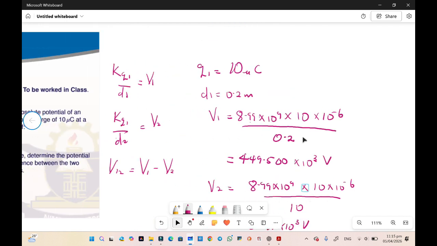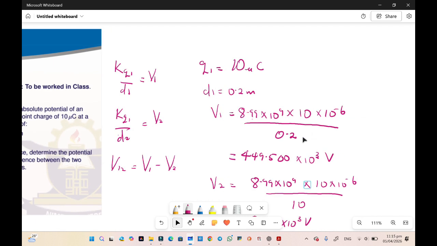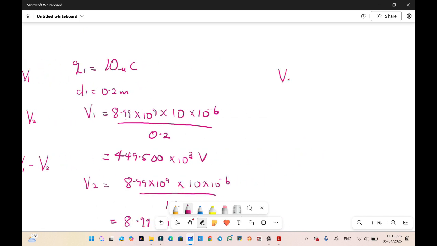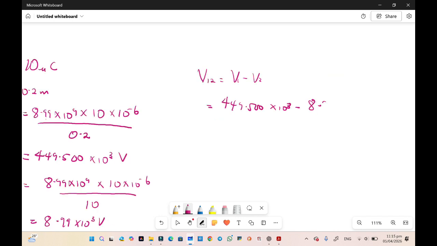Therefore, the voltage between the two of them, or the potential difference, V12, is equal to V1 minus V2, and that is 449.5 times 10 to the power 3 minus 8.99 times 10 to the power 3. So this is 440.5 times 10 to the power